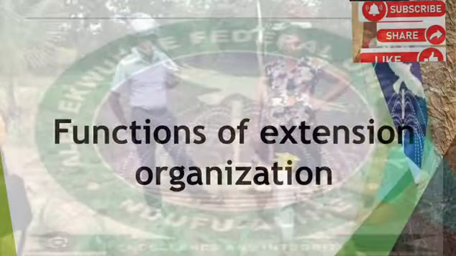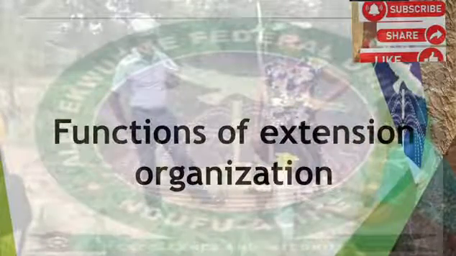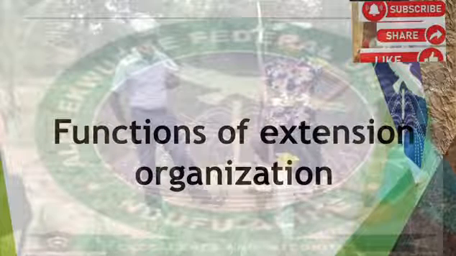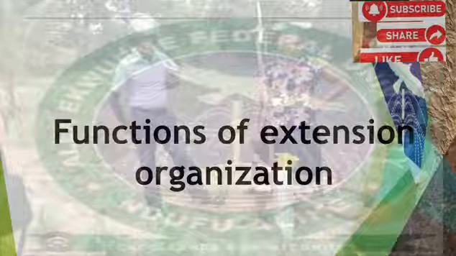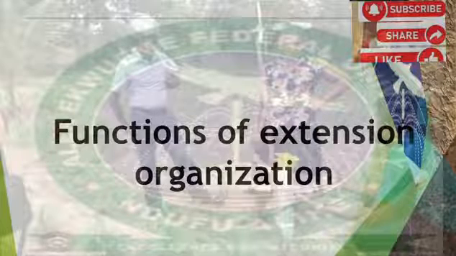Now, let us discuss the functions of extension organization. First of all, we have about seven clear functions here. One is that it permits stable expectation to be formed by each member of the group as to the behavior of other members of the extension organization. Two, extension organization provides a general stimulus that controls the behavior of members of an organized group. It's general in the sense that it does not focus on individuals.